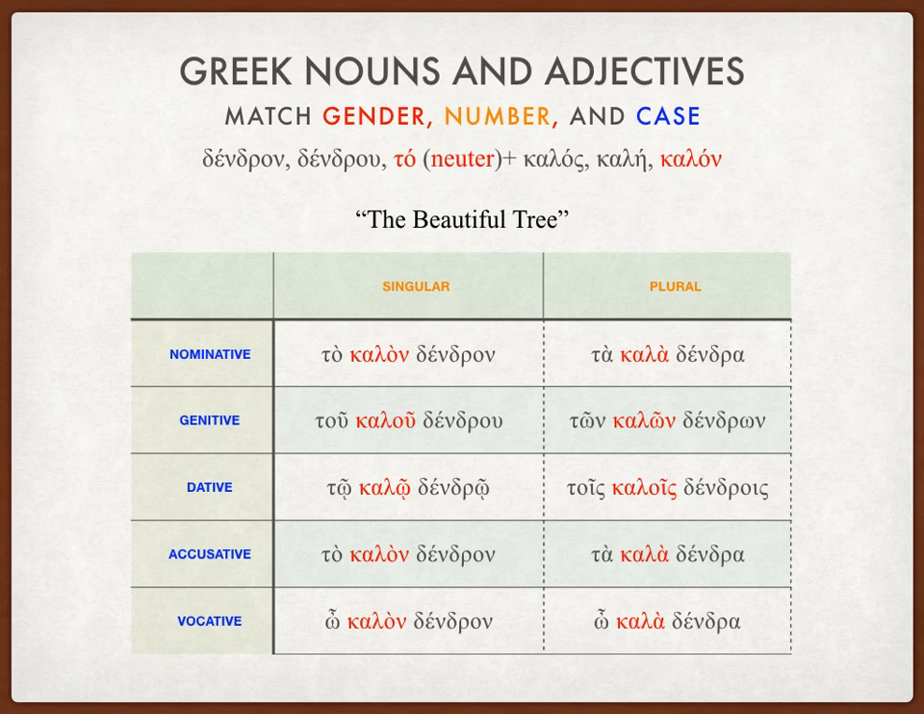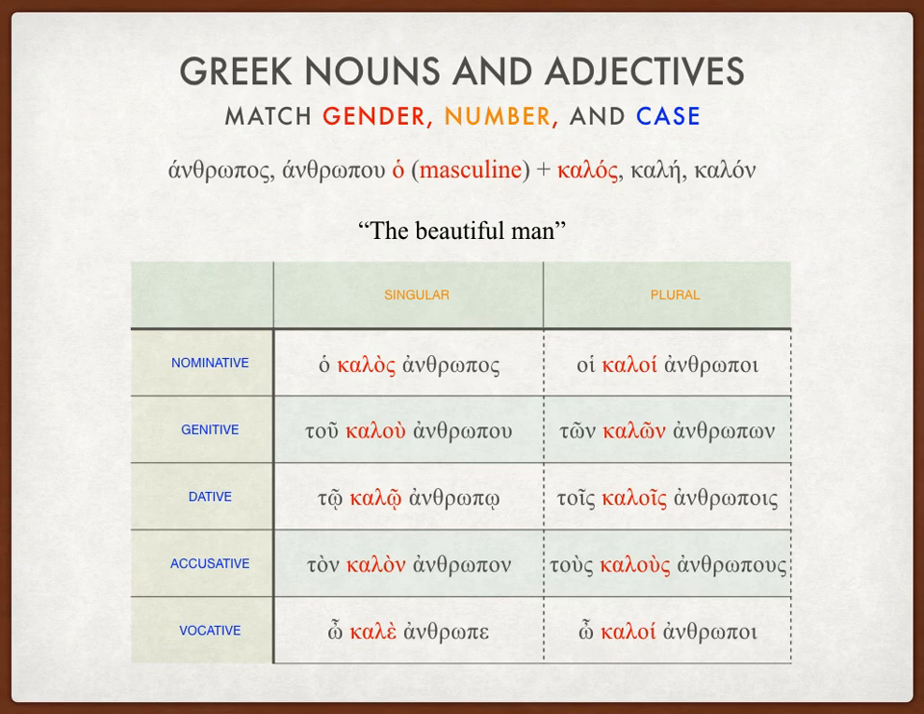You can see they all match gender, number, and case. The beautiful tree or the beautiful trees, as the case may be. If I change it to the beautiful man, the same principle holds. So let's take the same pattern here. I'm going to use the same adjective, kalos, kale, kalon, but because man, anthropos, is a masculine noun, which I